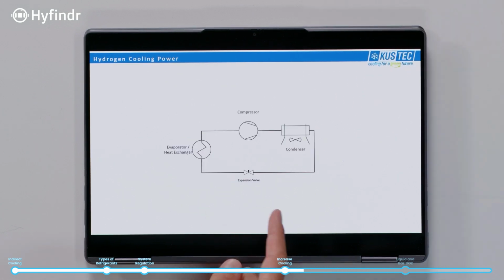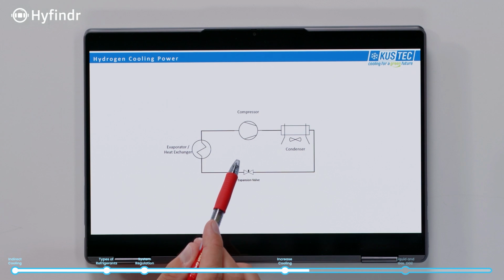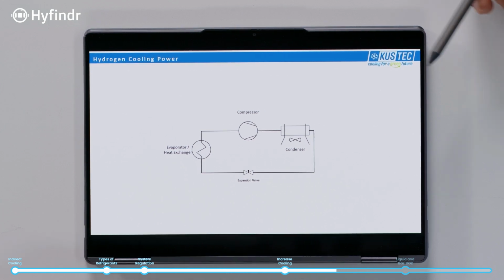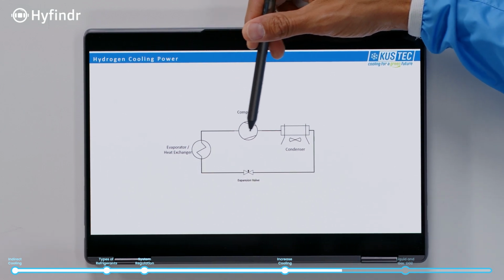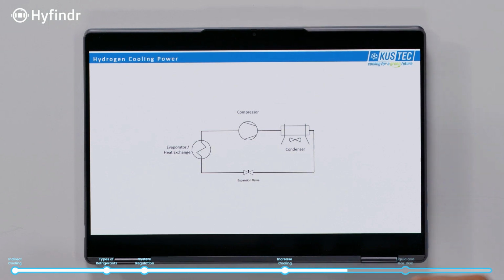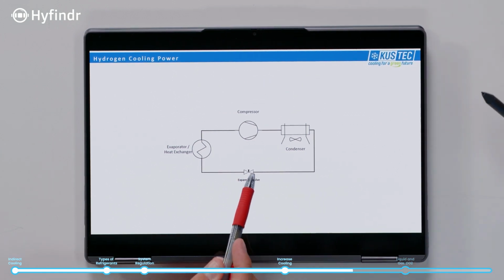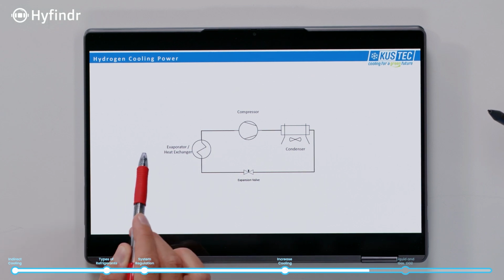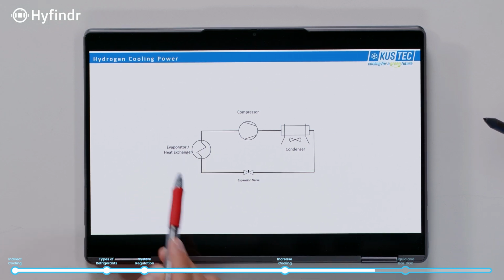Maybe I can show it better at this one. If you need more cooling capacity, you run the compressor at higher frequency. So more refrigerant is pumped through the system, and more mass flow means more cooling capacity. So you have a lower pressure here and then higher pressure on that side. Okay. And do you do anything with the expansion valve? Do you regulate that as well? Yeah, we regulate also this expansion valve. This expansion valve is controlling the mass flow through the heat exchanger. So if less cooling capacity is needed, the mass flow is also reduced by the expansion valve.